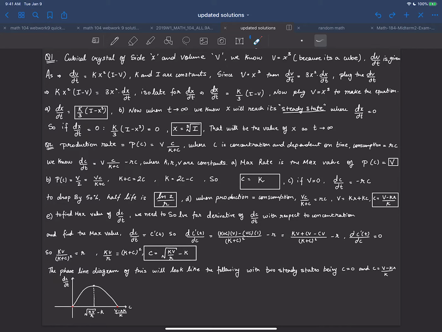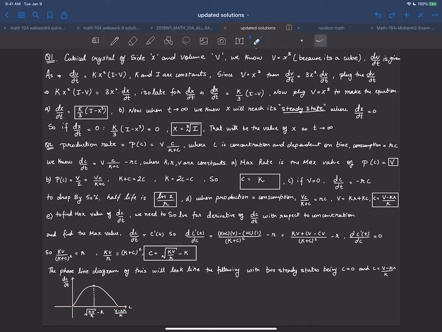So the change in the concentration of that compound in your body is given by dC/dt, which is just production minus the consumption rate. And K, R, V are constants here. In this case, they depend upon your bodily functions and stuff. So the production rate is given to us like this, and in part A, they're asking us what is the maximum